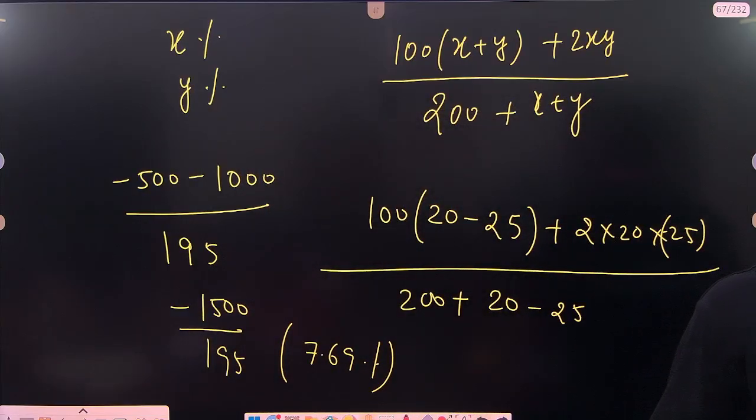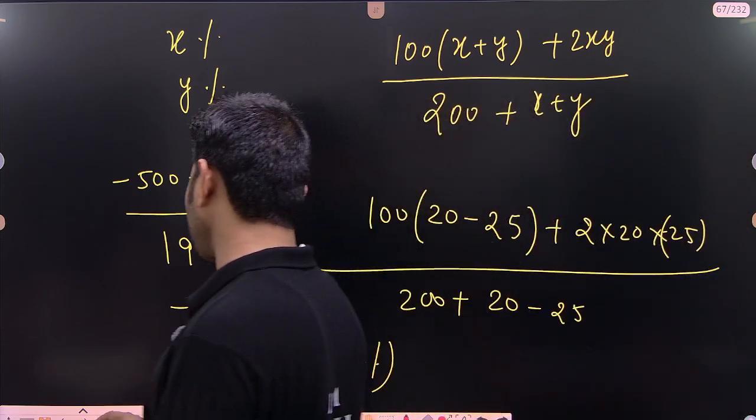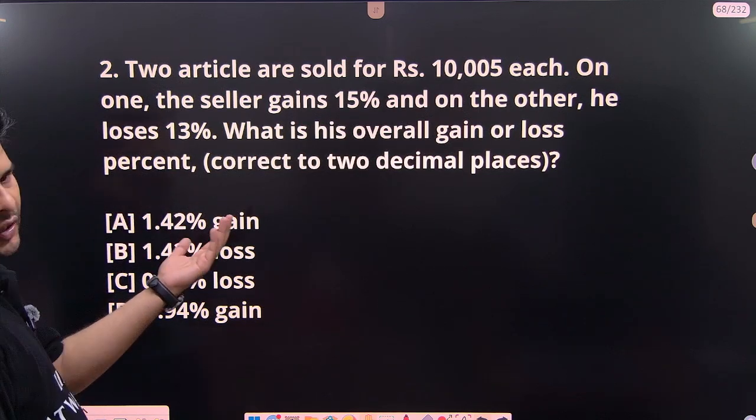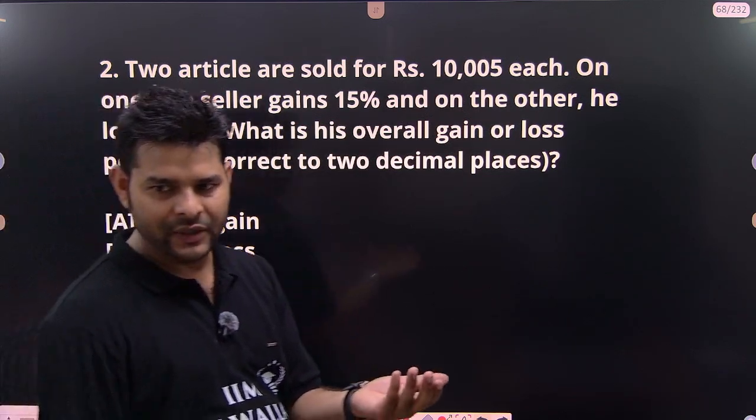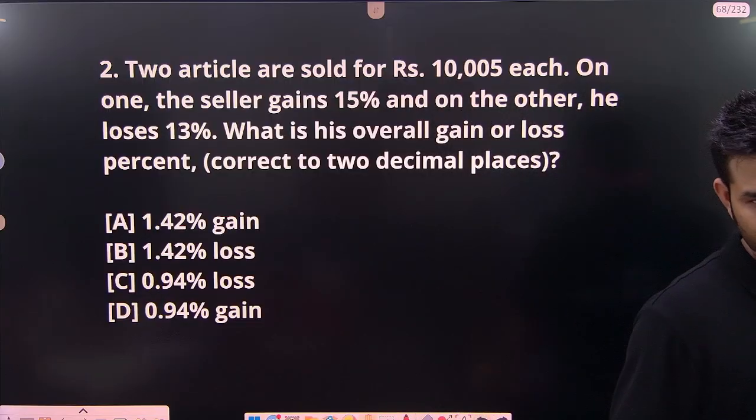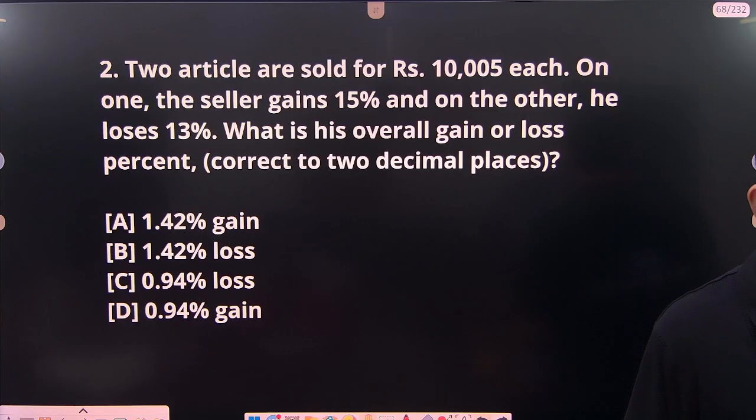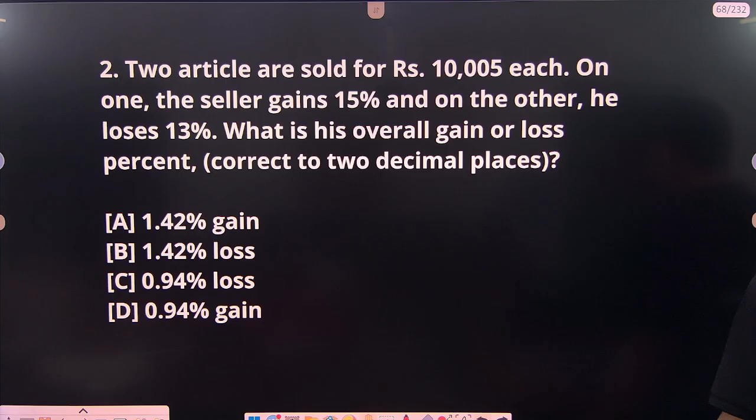This is the formula. If you want to apply this formula, you can apply. If on one item there is a loss percent and on the second one there is a profit percent, you can directly apply this formula for overall profit and overall loss. Or if you want to do it by the short trick that I have already explained, you can apply that as well. Whatever method you want to apply, you are free to. So just hit this question. What is the answer? The second one you need to hit. You have the formula as well, or you have the explained method.